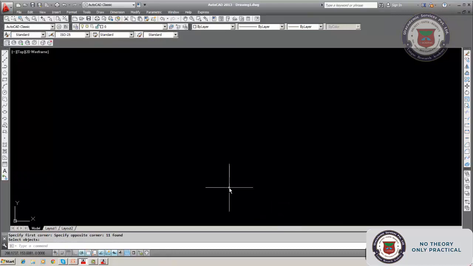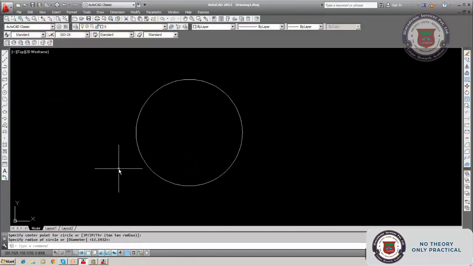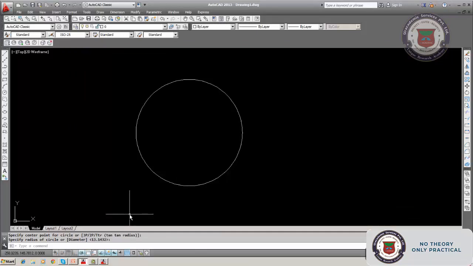Now, similarly, we have shown how a line is divided. Similarly, we can show a circle division also. This is a circle. Now I will set PD mode to some other value. Here I will set it to 2, the plus point.